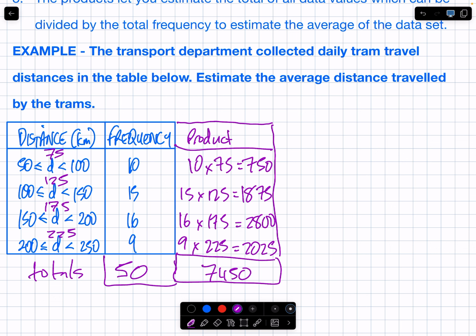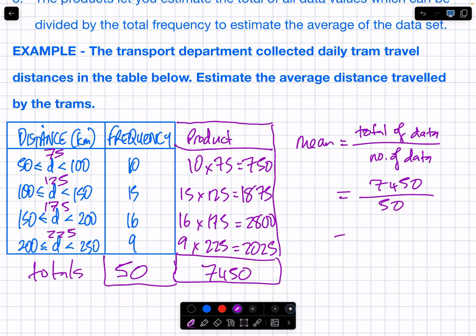Right, so the formula of the mean is the total sum of data over number of data. This 7450 is our estimate of the total. The number of data was 50. 7450 divided by 50. We estimate 149 kilometers was around the average,